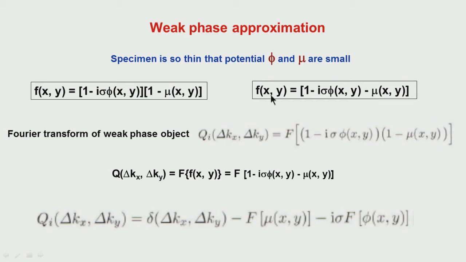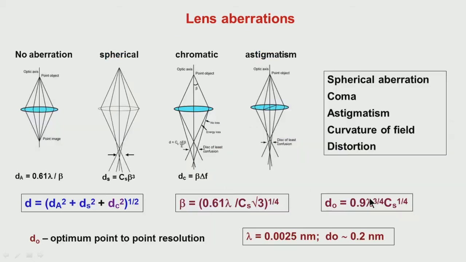Okay. So, essentially what we have considered is an object which is represented as a phase, which brings about a phase change, and then we do what is called a weak phase approximation, so that the higher order terms in the exponential can be removed, and then it turns out to be in this particular form.